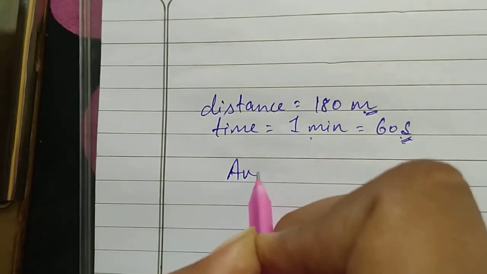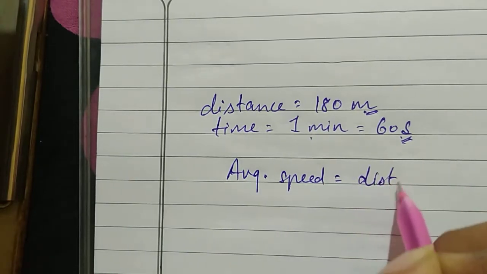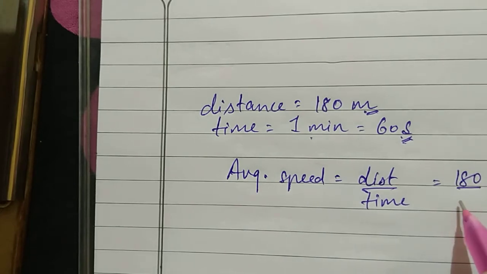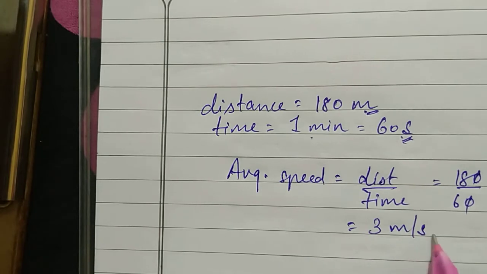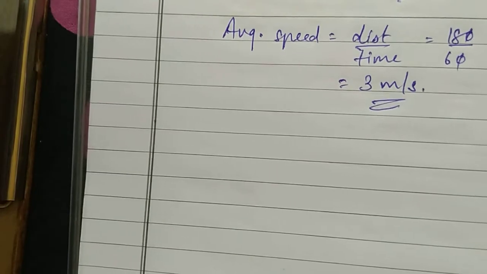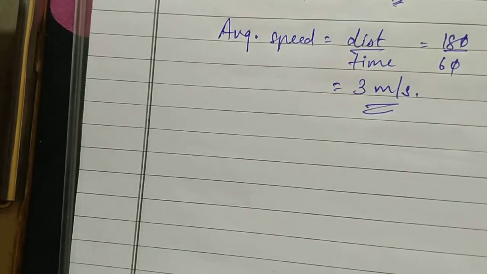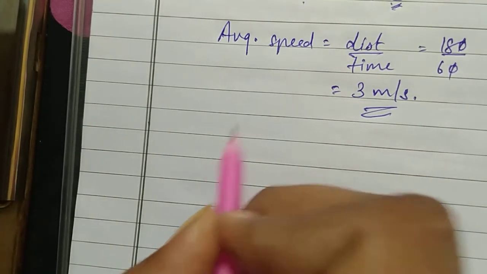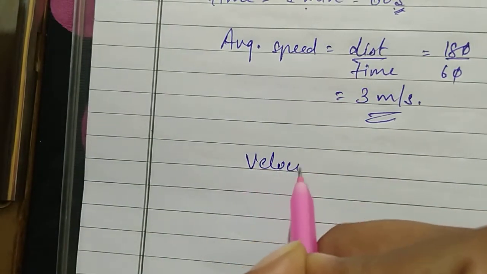Now to find out the average speed, or you can say just speed, that is nothing but distance by time. So distance કેટલું છે? 180 divided by time, that is 60, which is 3 meter per second. This is your answer for average speed. Now to find out the velocity, now you can see the difference between speed and a velocity. હવે speed and a velocity માં difference શું? Speed formula is distance upon time, but whereas velocity formula is